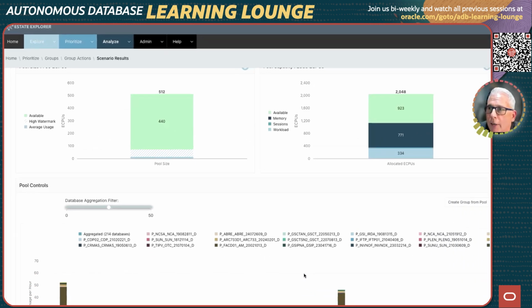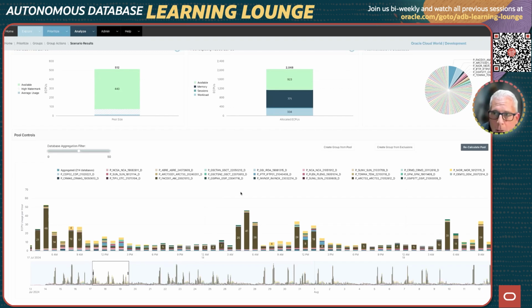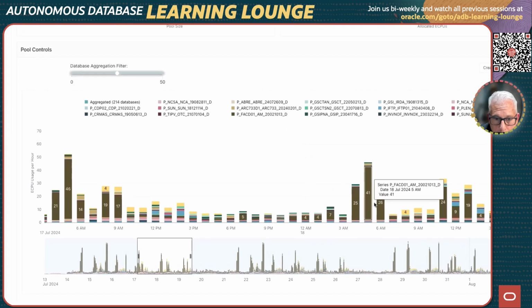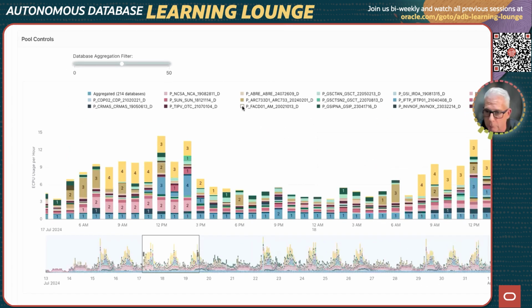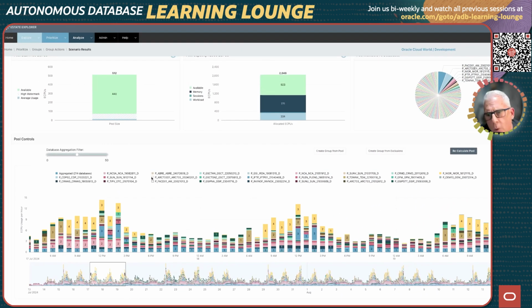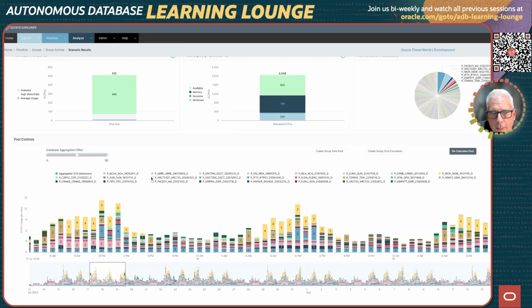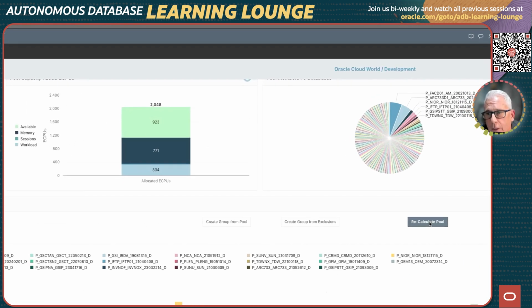So what would happen if I could optimize the pool membership? Well, I can look at these two big databases that we looked at. And down here, I can see this brown database is consuming a lot of CPU resource. I can turn the database off, and it will redraw the chart. And let's turn off the other one as well. This is a light brown database. We turn that one off as well. And we've got a more stable, less peaky, less dynamic pool usage now. If I ask OEE to recalculate the pool by clicking on this button here,